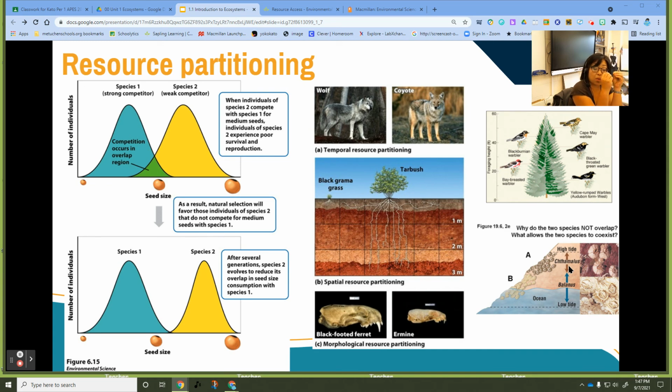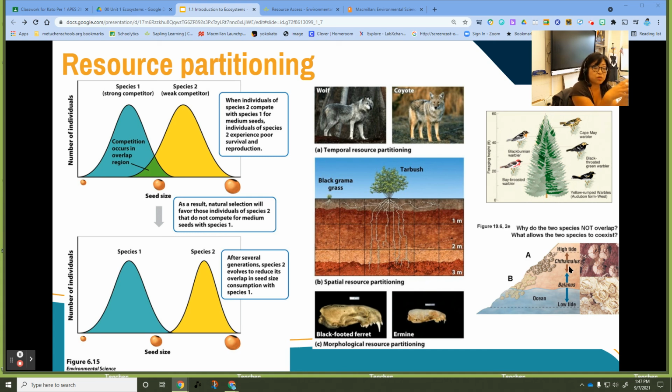Now they'll much prefer to be on their own, right? They'll do much better if the other members aren't there. But if they are together, they can still coexist by partitioning their niche or their habitat. Niche, when I say niche, is the way an organism uses their habitat. It includes their space, food, all that kind of stuff. However it is that the organism uses their environment is their niche,